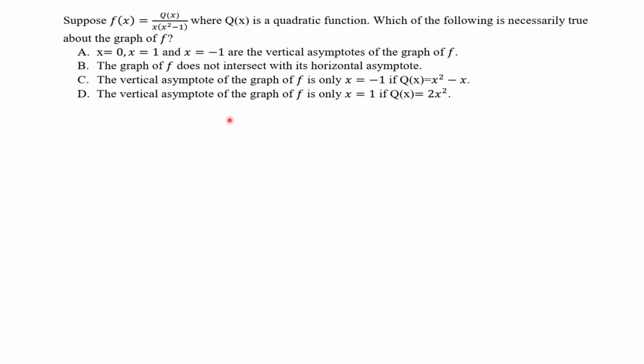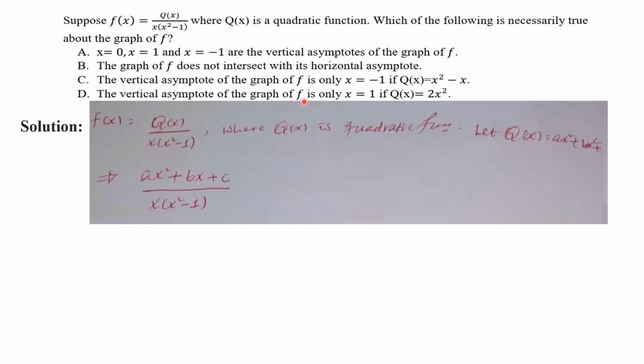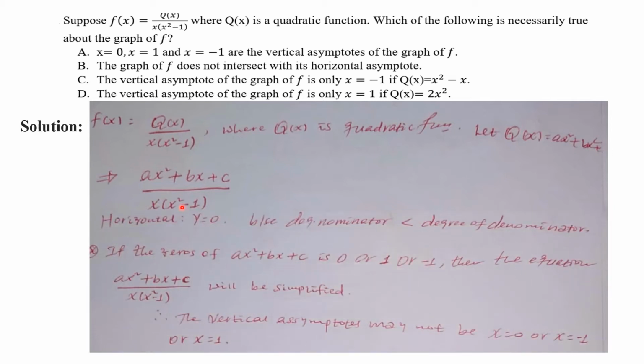The vertical asymptote of the graph of y is only x equals 1 if q of x equals x square, that is what it says, and we will look at it. Let's go step by step. Let's assume we can represent q of x by x square plus bx plus c, and this one is as it is. So horizontal asymptote, when you see horizontal asymptote, y is equal to 0 because the degree of numerator is less than